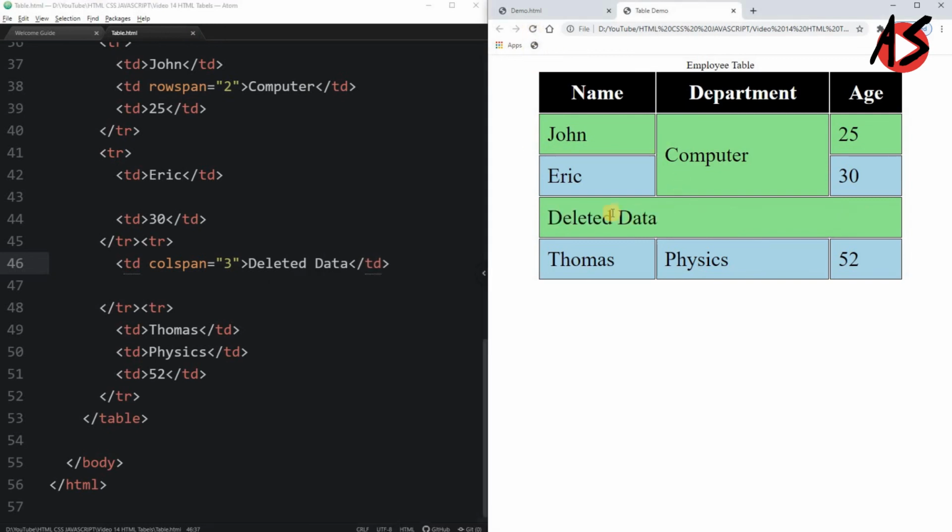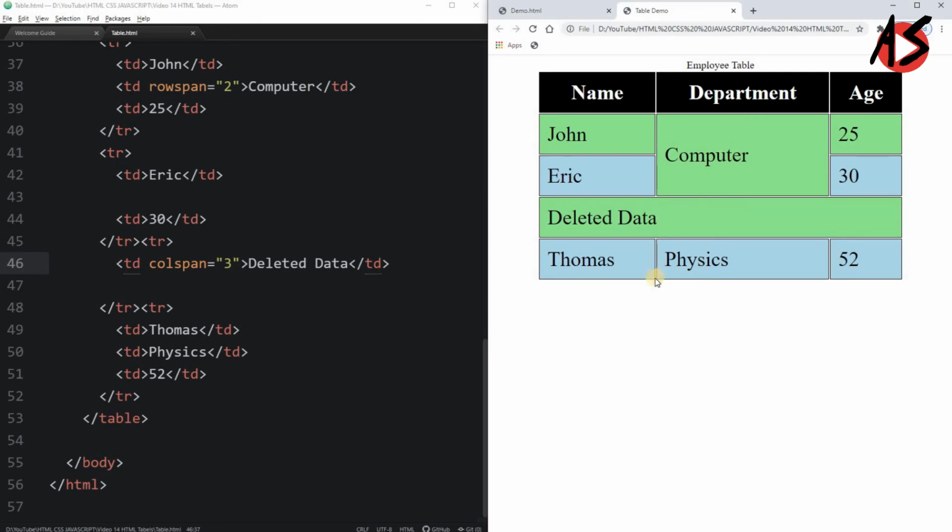So you can see here your data has been deleted and your three cells are merged using col span. So using row span and col span, you can merge your cells of the table.